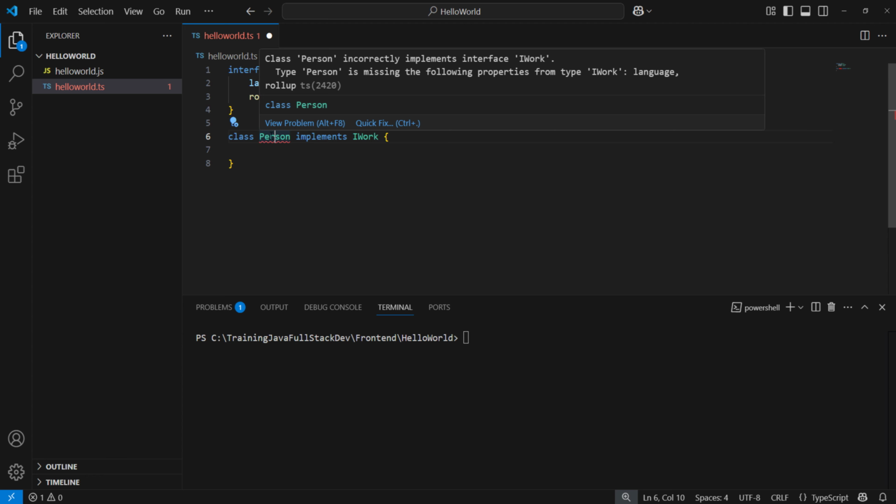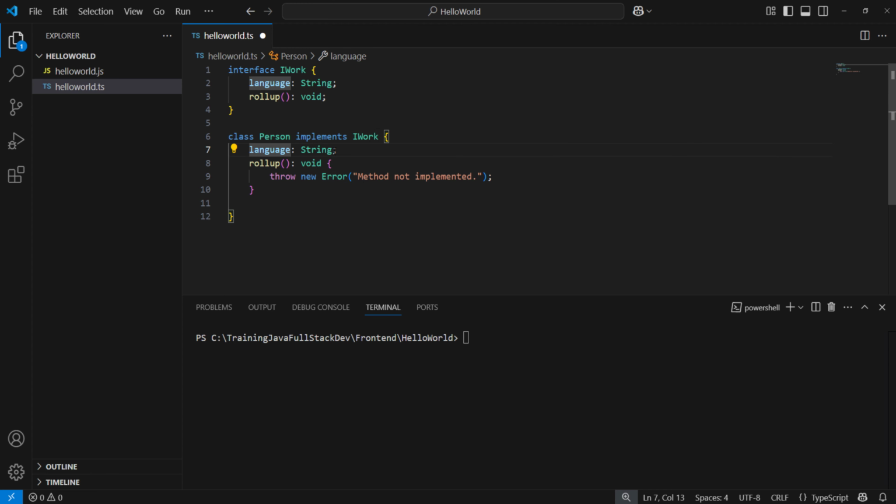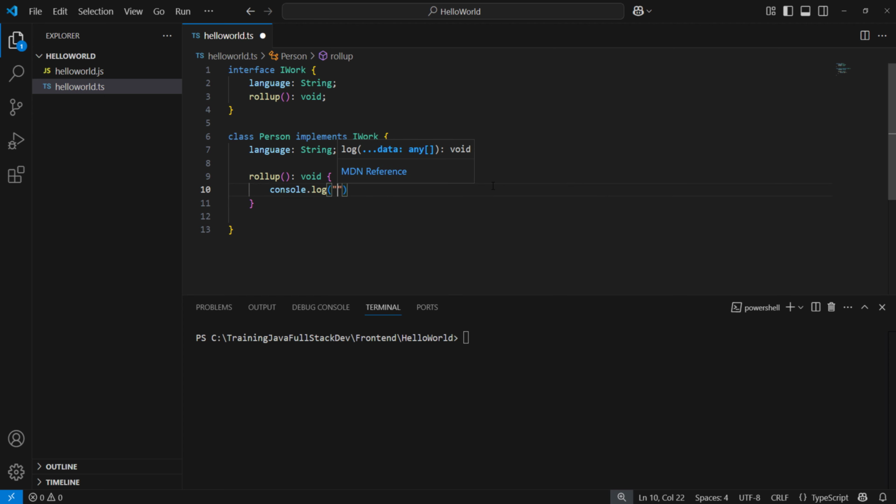Click on this and you see a note here. Click on this and we can choose the quick fix, implement the interface IWork, and it automatically generates all of it from IWork into here. So first it's a property and then the method. For the method we will do a console log, something like